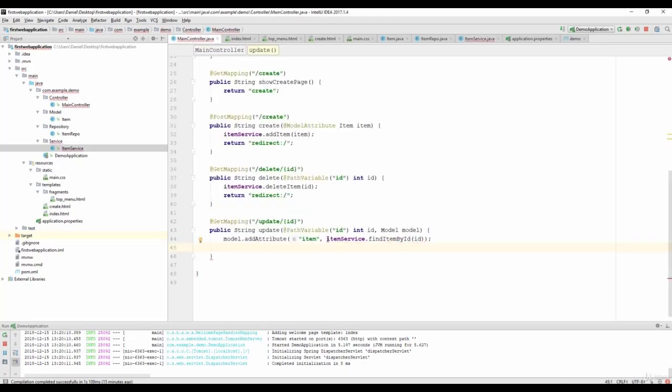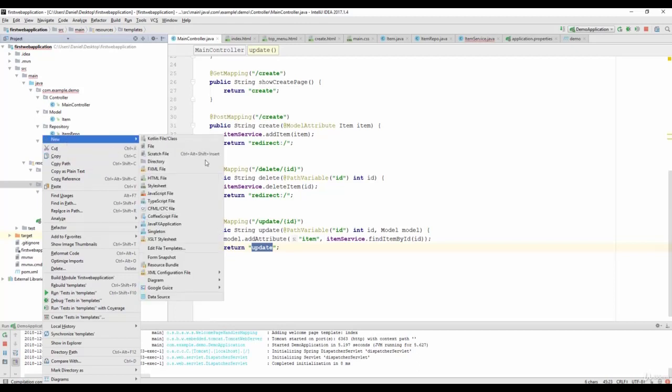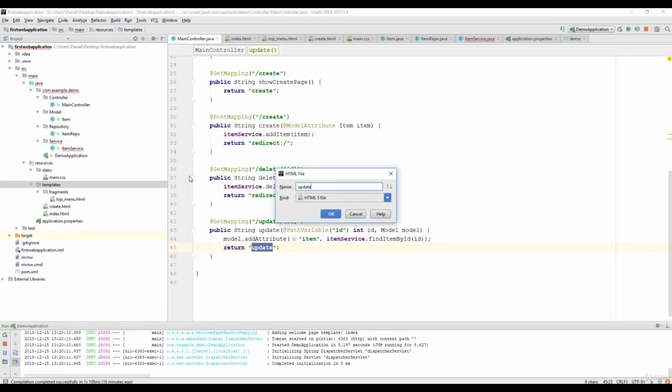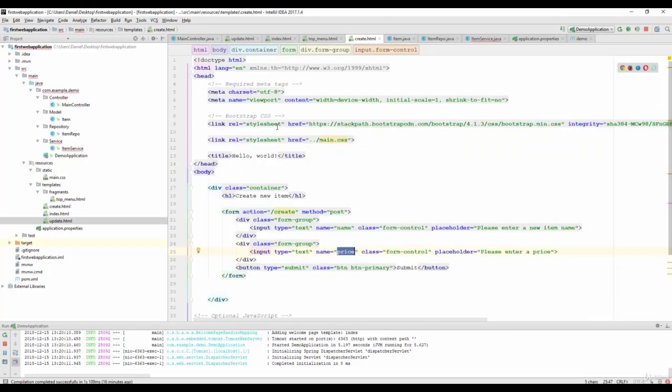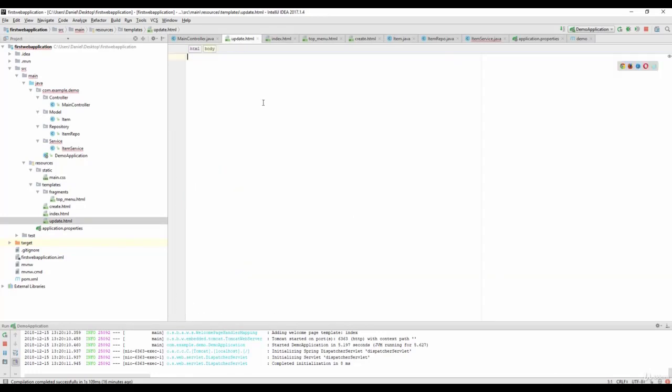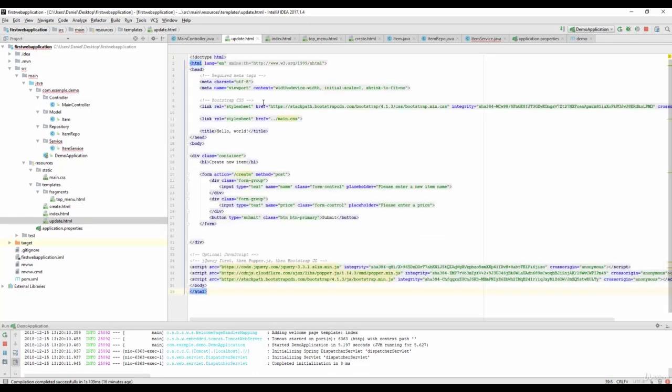Then in our main controller, the error disappears, and let's see, I'm then gonna say return. I'm gonna create the update view. So this view HTML file we need to create now. So in the templates folder, I'm gonna right click, say new HTML file, and call it update. So basically we can take the create page, copy everything, go to the update page, delete everything, paste in the copied stuff,